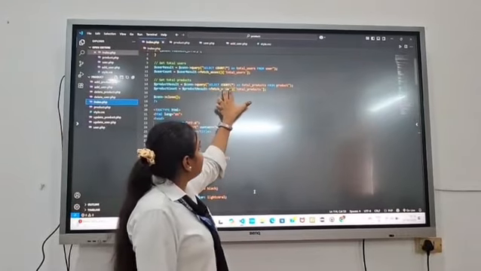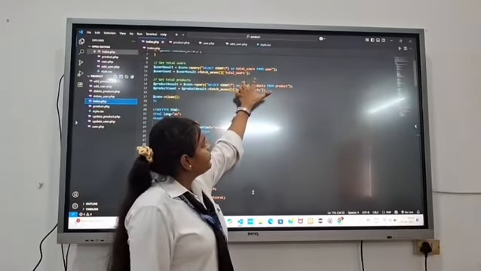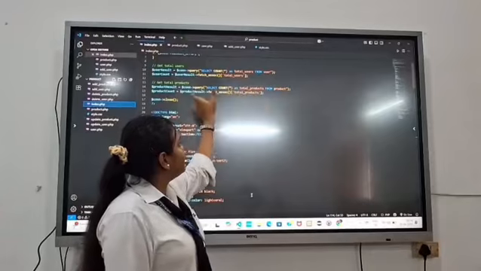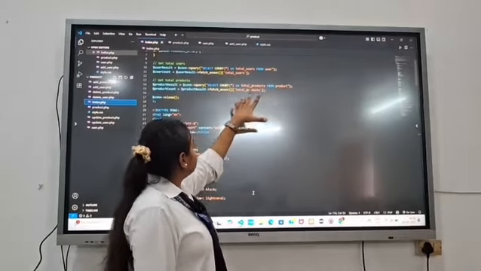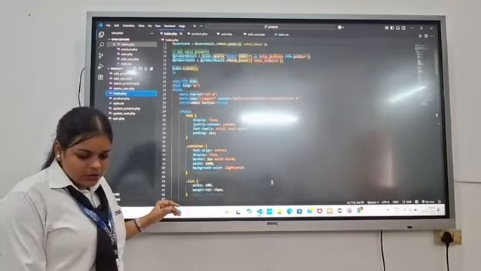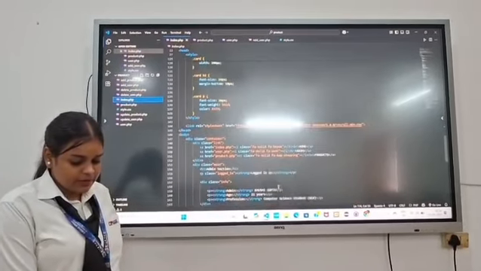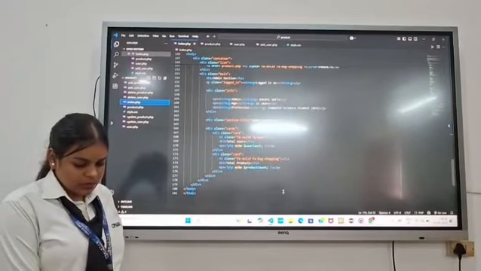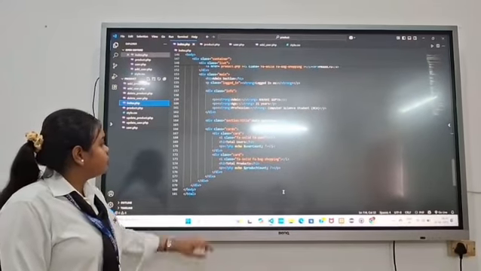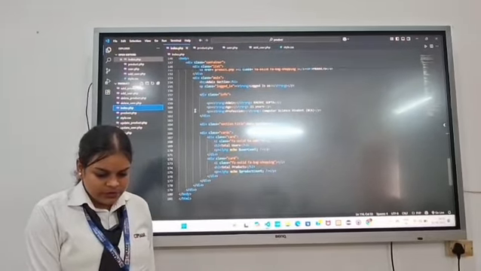This is done by select count as total users from the user table, and the same for products from the product table. Now this is the HTML part to design the interface. For the front end, I have used this HTML part, and the slider and the cards shown as total users and total products over here.